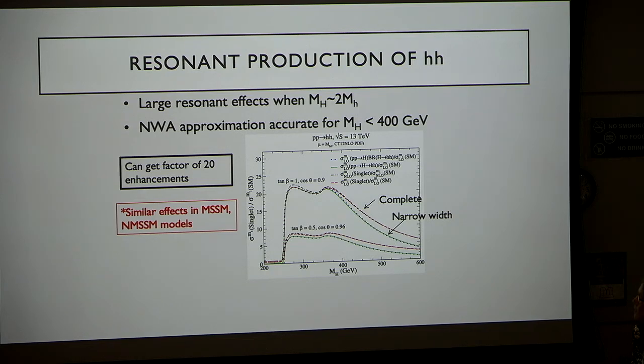So, for example, here is the ratio of the singlet to the standard model for making two Higgses for various parameters. And you can see for this set of parameters up here, the enhancement could be a factor of 20 over the standard model, which is actually ruled out since I showed you a couple days ago that the limit was now 6. So we're down here, but you could still have an enhancement for perfectly reasonable values of the parameters of the theory. You could see more Higgses, or more double Higgs than you thought. So